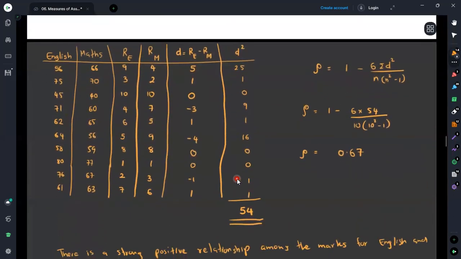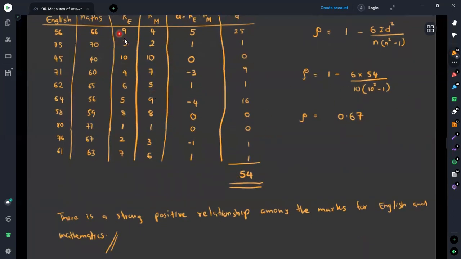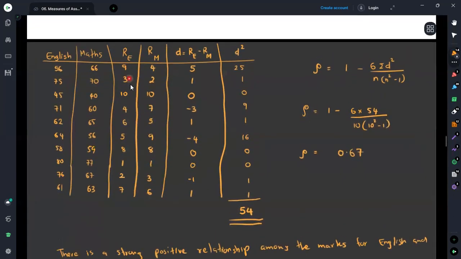If you are changing their orders for the calculation, here I have ranked it in the descending order, but if you need, you can rank it in the ascending order. But the main thing that you have to follow is if you are ranking one variable in the ascending order, the other variable should also be ranked in the ascending order. Or else, if you rank one variable in descending order, then the other variable also should be ranked in the descending order. You cannot change one as ascending and another one as descending order for making the ranks.